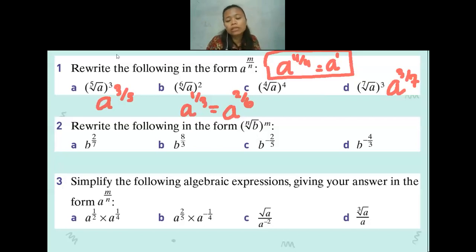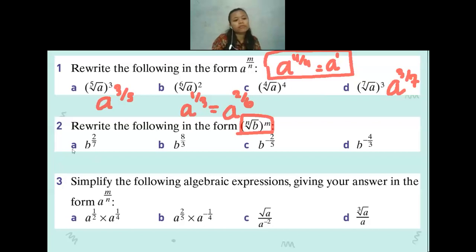It's okay. You can keep it. That's why, like question B, you can write it as a to the power of 1 per 3 or a to the power of 2 per 6. Either one is fine, as long as the number is given in index form, which has a power, so it will be correct.